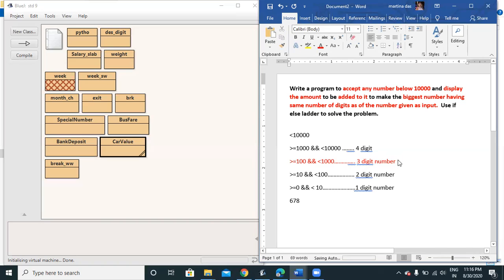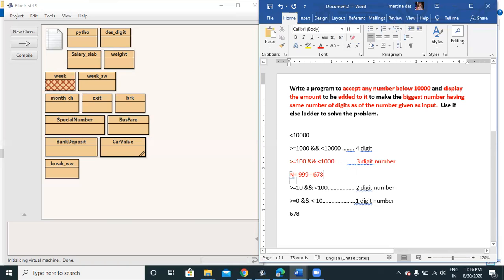What is the biggest 3-digit number? It is 999. So how to get it? That has to be added. I will simply write that the number to be added should be 999 minus the number we have over here, 678. So I'll save the difference of 999 and 678.